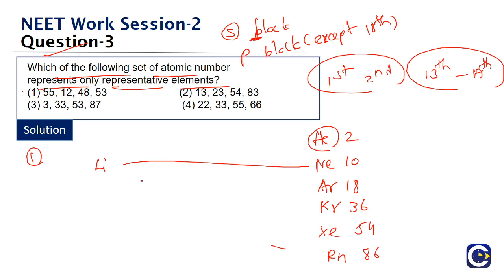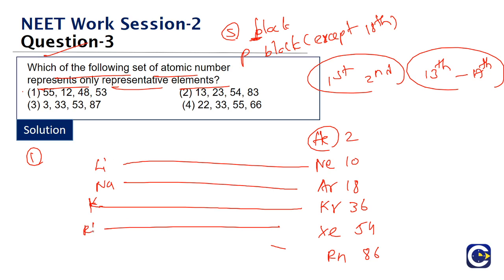Okay, and we can even look at the corresponding elements. Here we'll have lithium, here sodium, here potassium, then comes rubidium, then cesium, then below that is francium. So lithium will have 3, sodium 11, potassium 19. Basically, it is the previous period's inert gas plus 1: rubidium is 37, cesium is 55, francium is 87. Whatever the previous period's inert gas element is, plus 1, will come.